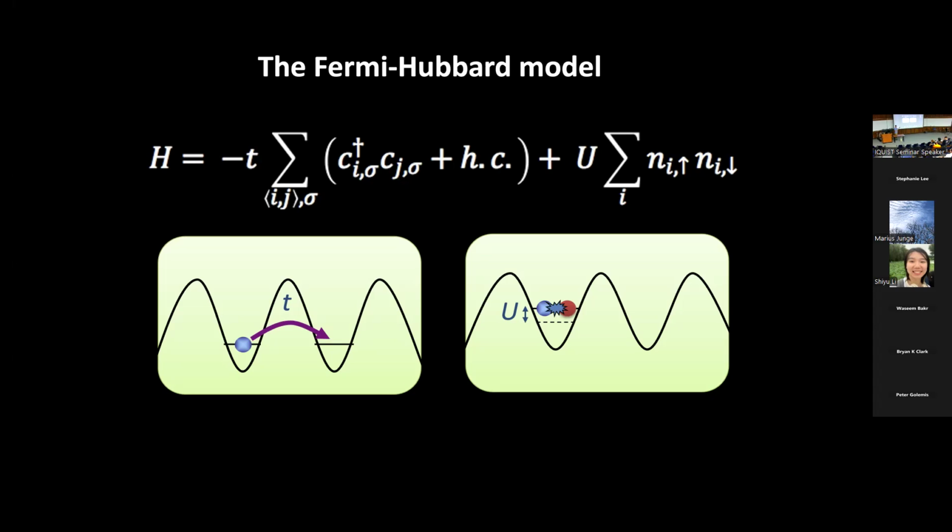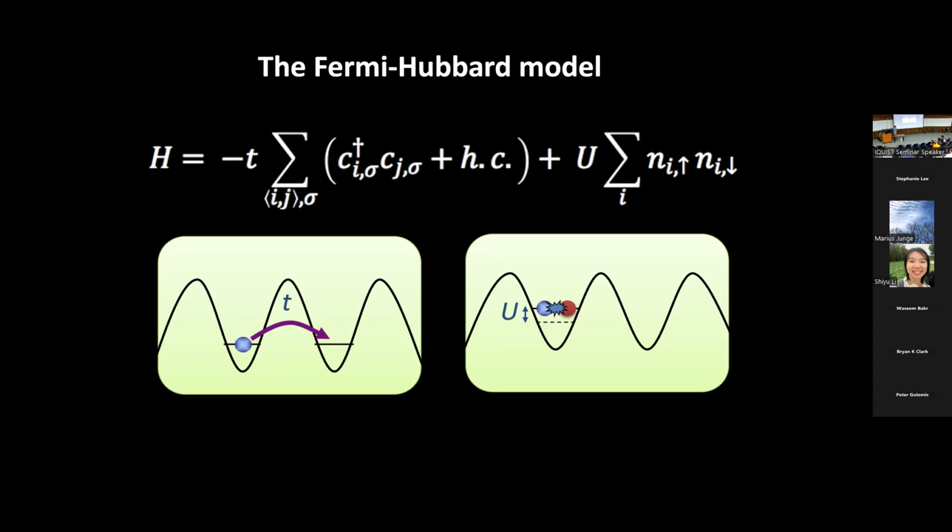So we have in these experiments 2 spin states in analogy to the spin states of the electron. And those are encoded in 2 hyperfine states of the atoms, acting as a pseudospin. We're preparing usually single band models. We lower the temperature so that the fermions are in the lowest band. And then the fermions can interact by landing on the same site, and they have a strong on-site interaction U. Okay, so this type of Hamiltonian is deceptively simple. People have been working on it for now over 4 decades. We still don't know what the low temperature phases are.